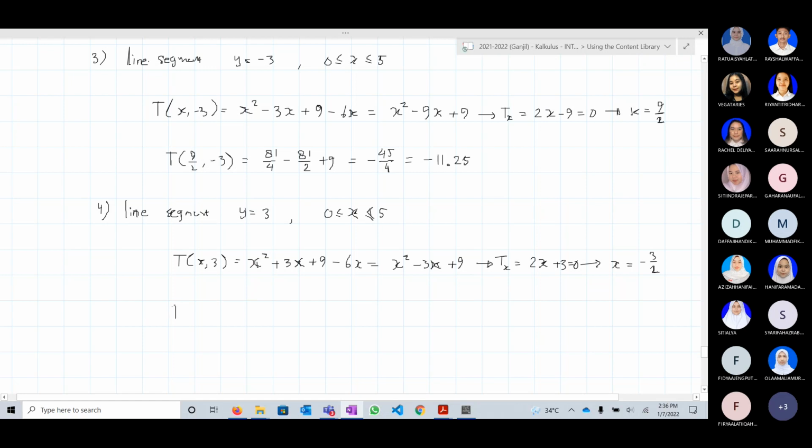Then we need to compute t at minus 3 over 2, comma 3, which is minus 3 over 2 squared is 9 over 4, and plus 9 over 2 plus 9, which is equal to